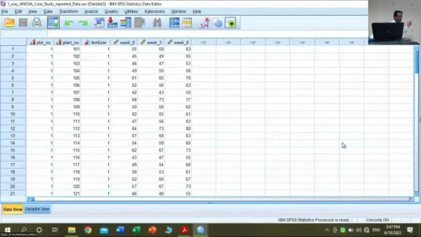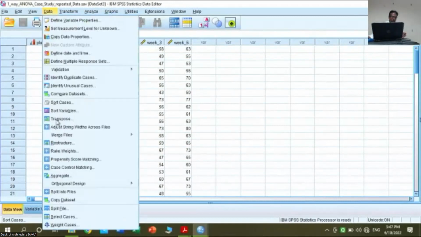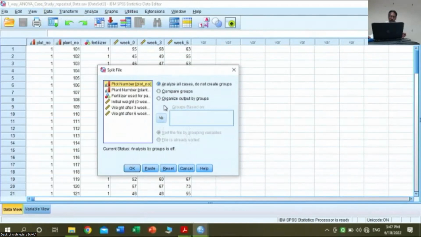अब डेटा देखिए कैसे फीड कर रहे हैं यहाँ पर। अब जैसे पहले किया था उसी तरह कर रहे हैं, सब कुछ उसी तरह है, बट यहाँ पर 0 वीक, 1, 3 वीक एंड 6 वीक 3 स्केल वेरिएबल्स हमने क्रिएट किया है, ठीक है। और डेटा विल बी फेड लाइक दिस, आफ्टर दैट विल परफॉर्म लाइक दिस, एंड डेटा स्प्लिट फाइल, ओके, एंड ऑर्गेनाइज्ड आउटपुट बाय ग्रुप्स। तो ग्रुपिंग हम कर रहे हैं ऑन द बेसिस ऑफ फर्टिलाइजर यूज, तो तीनों फर्टिलाइजर का अलग अलग करेंगे विद रिस्पेक्ट टू टाइम। तो फर्टिलाइजर यूज विल बी मूव्ड हियर एंड ओके।